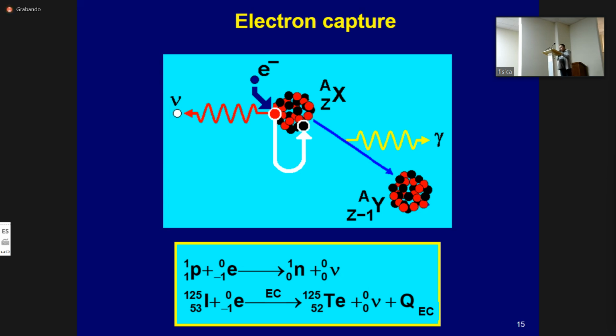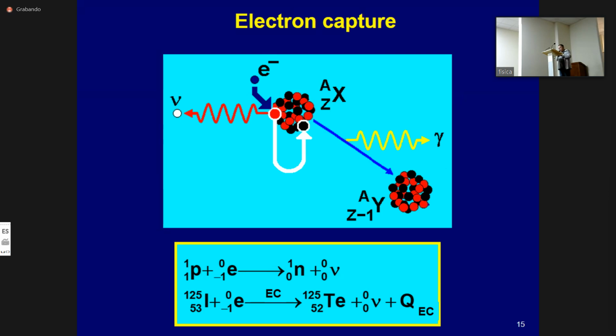A neutrino has no mass or charge, so the mass number of nuclides during the electron capture remains unchanged, while the charge number of the daughter nucleus decreases by 1. Decreased, like in the previous case of beta plus decay. This phenomenon can be represented in this case: proton plus electron gives us neutron and neutrino.